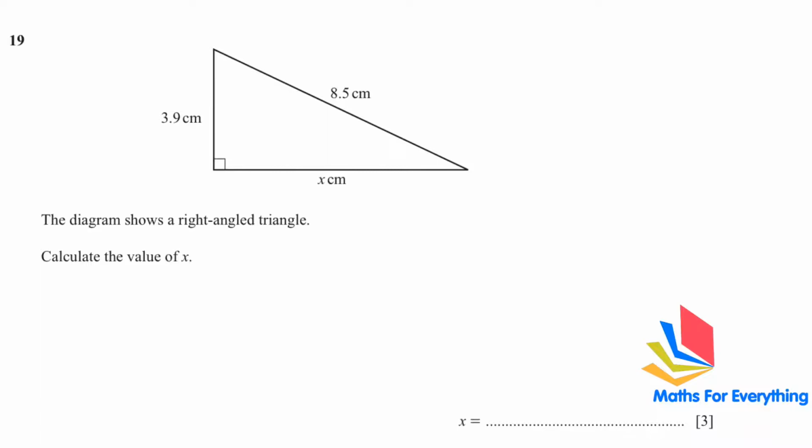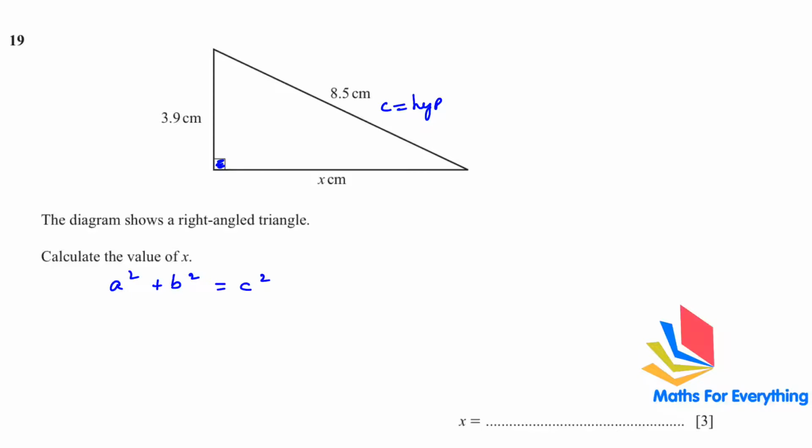Question number 19. We have been given a right angle triangle and 2 sides have been given. We have to find the third side. Whenever you have to find a third side in a right angle triangle, we use the Pythagoras theorem, which is a square plus b square is equal to c square. C is your hypotenuse. That is the side opposite your right angle. So if the hypotenuse is given to you and you want to find another side, you just subtract